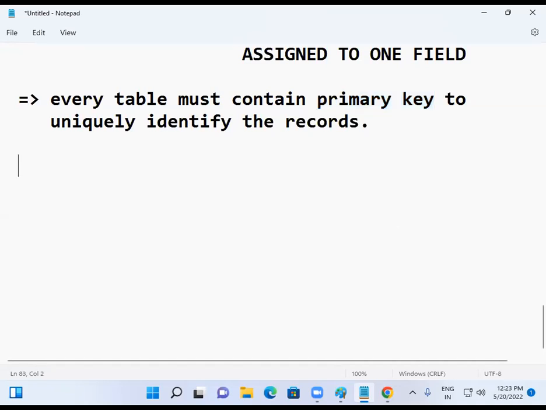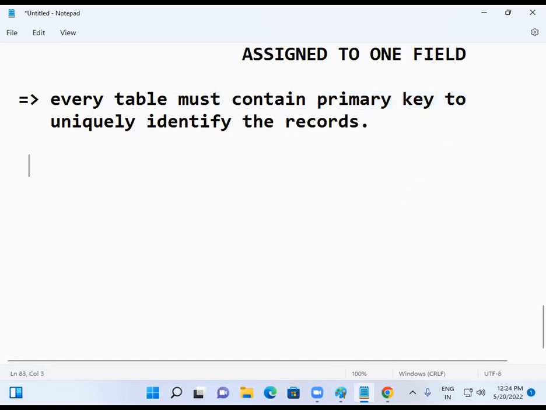Suppose every company stores employees' data. They're storing like this: name, job, salary. But what is the problem? There may be a number of employees with the same names, the same jobs, the same salaries. The problem is that uniquely identifying the employees is difficult. So that is the reason every company introduced one thing. What is that called? Employee ID, for uniquely identifying. What is this called? This is called primary key.